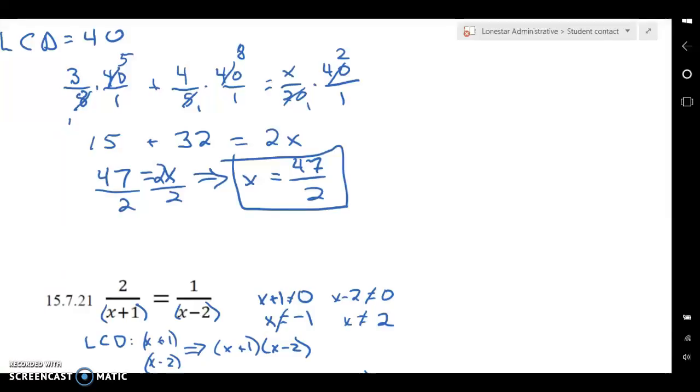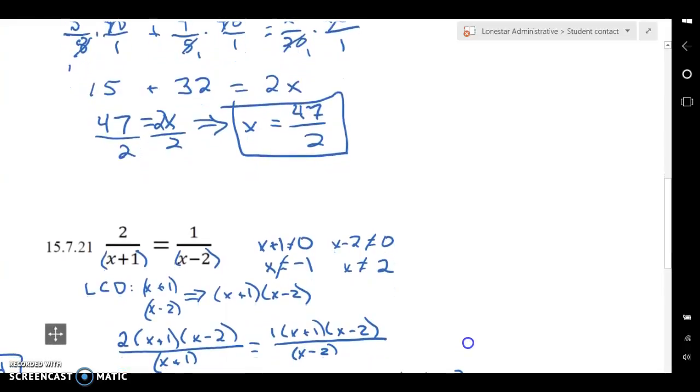We got halfway through this problem in the last video and got to the point where we found that the least common denominator was x plus 1 and x minus 2. So to remove fractions, we are going to multiply both sides by x plus 1 and x minus 2. That will put x plus 1 and x minus 2 in the numerators. And when we do that, we see that the x plus 1's cancel over here, and the x minus 2's